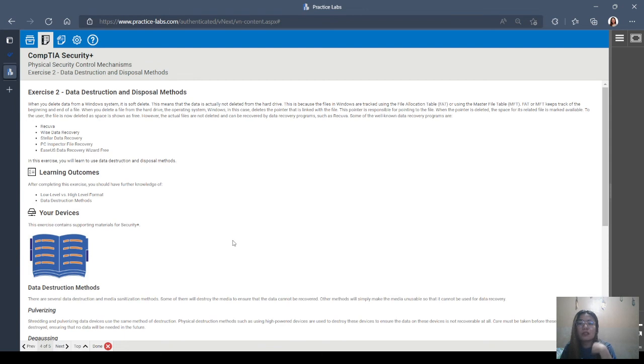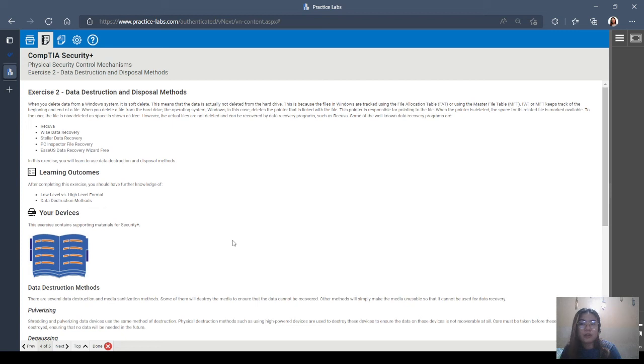Exercise 2, data destruction and disposal methods. When you delete data from a Windows system, it is a soft delete. This means that the data is actually not deleted from the hard drive. It is because files in Windows are tracked using the file allocation table or the master file table. FAT or MFT keeps track